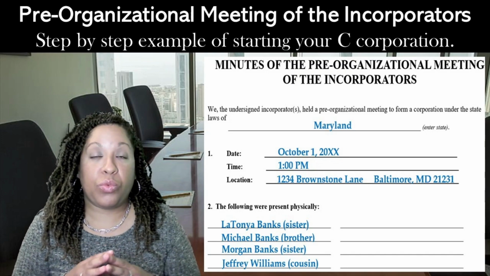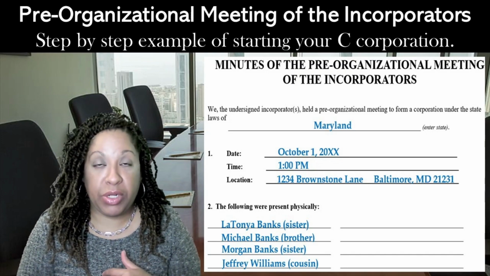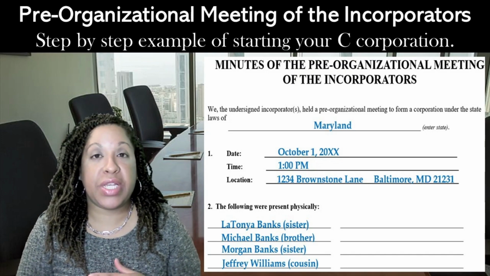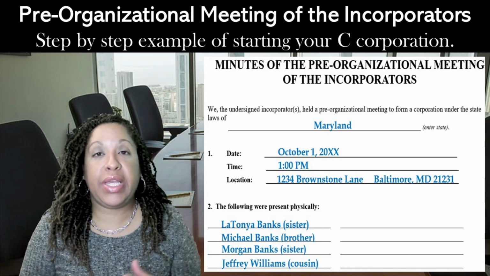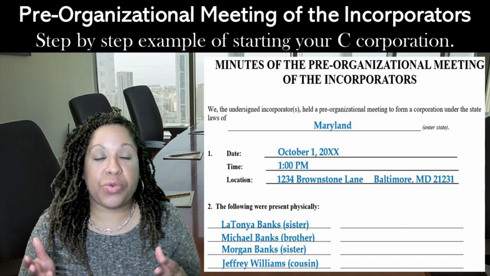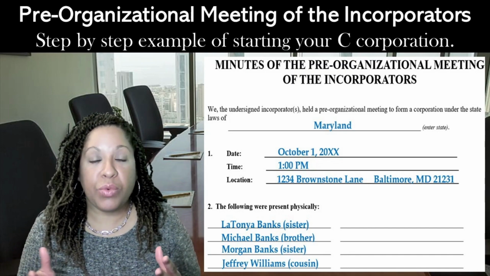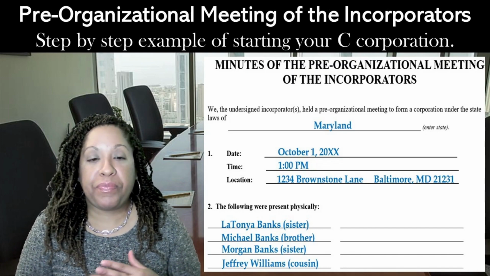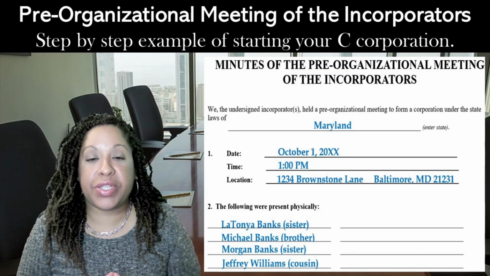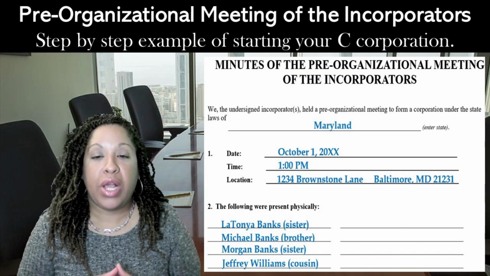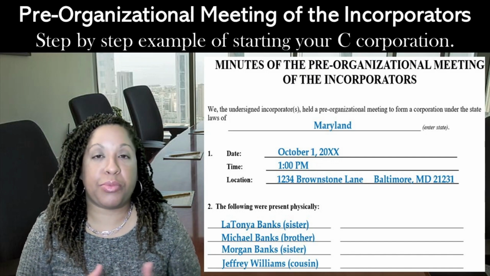So number one, we're going to record the date, time, and location of this meeting. So it was held October 1st. In this example, right now we're in 2020, but we're close to 2024, so it can be whatever year. The time is 1 p.m. For this example, location, I made up an address, so 1234 Brownstone Lane, which is in Baltimore, Maryland,